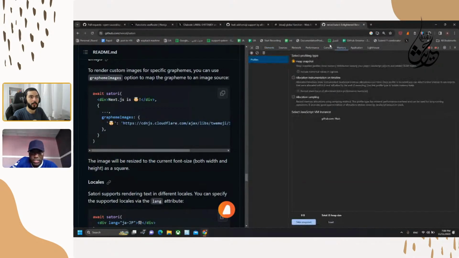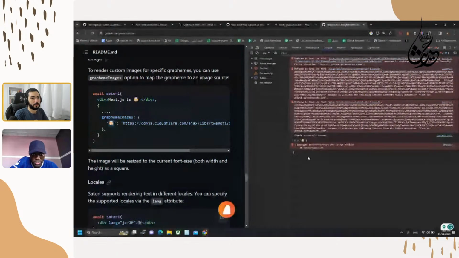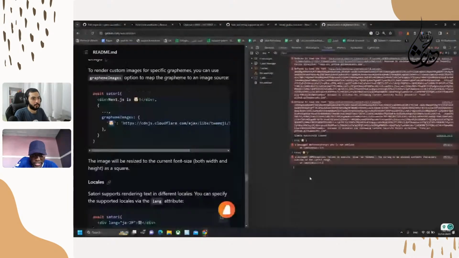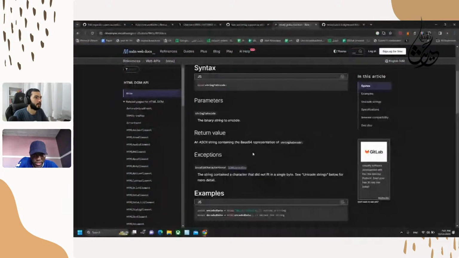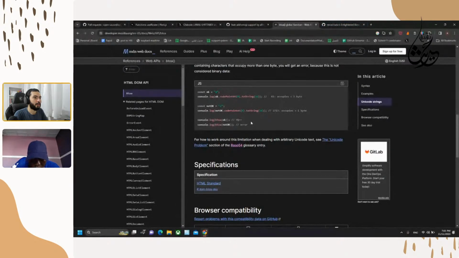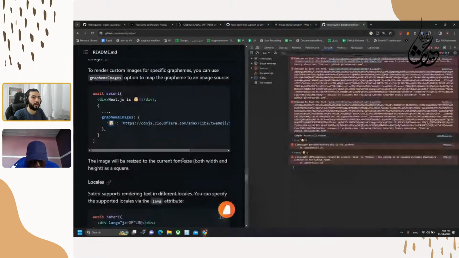If you go to the console and convert the emoji to base 64, it didn't work. Why? B2A. Hmm. It didn't work right now. Okay. I'm not sure why. Anyway, if you convert this emoji to B2A,